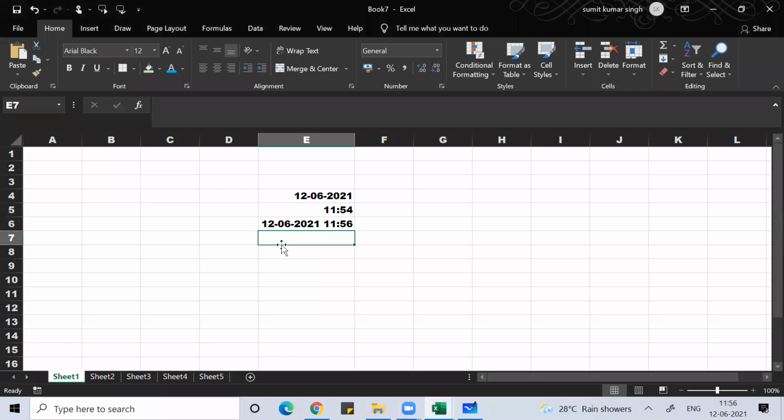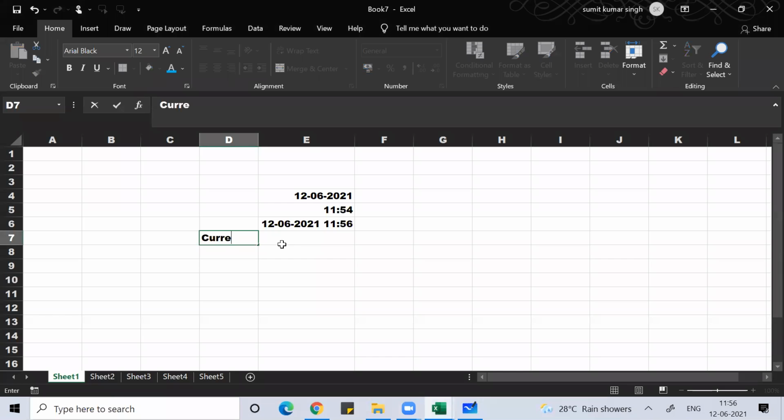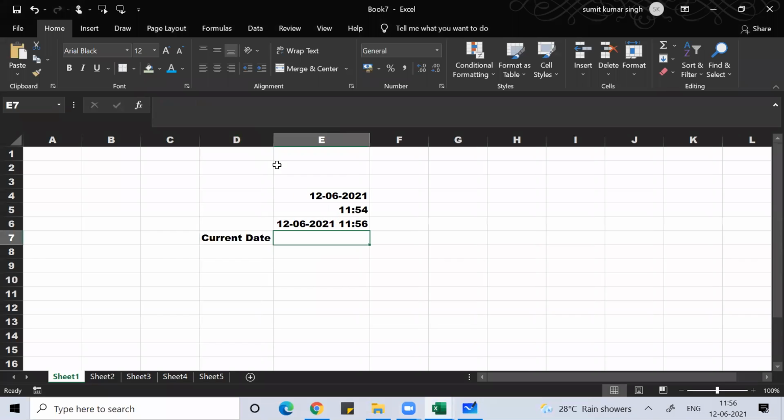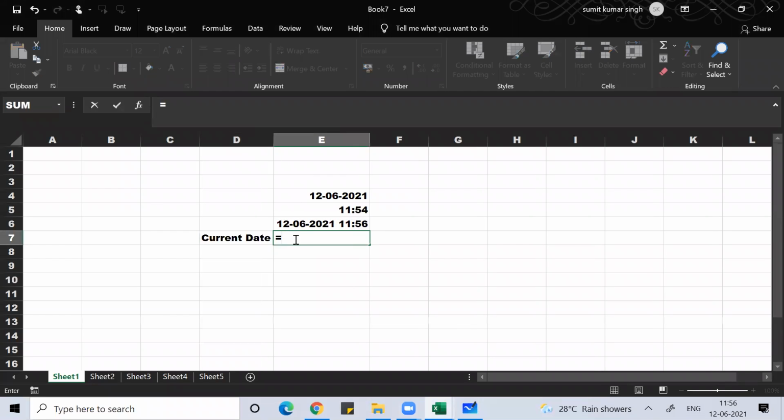Now the other way to see the current date is to use the function equal to TODAY open bracket close bracket.